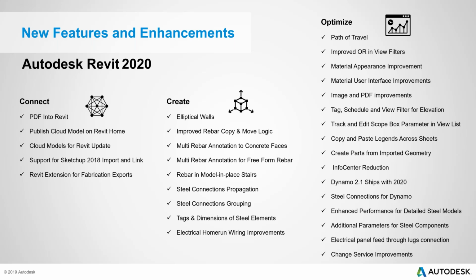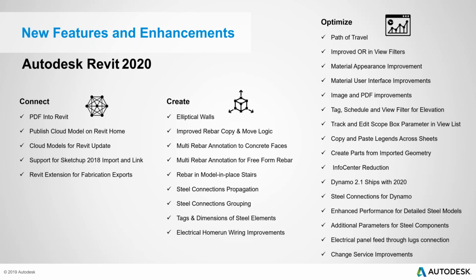The third one is optimize, which is the improvement on the features that we add on. So there has been a tremendous amount of feature as well as connect and create capabilities that were included in Revit, including the connectivity through BIM 360 environment, use of PDF in Revit, support to